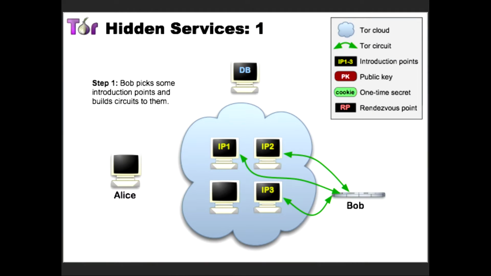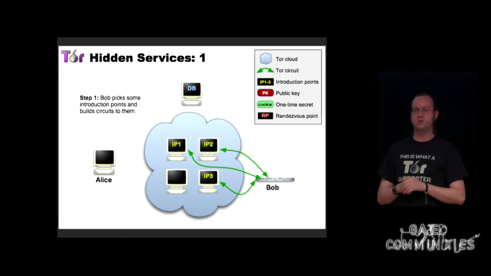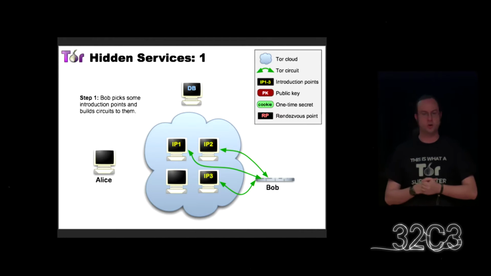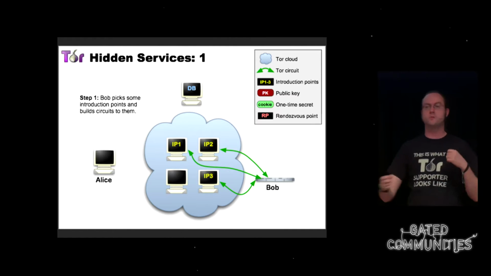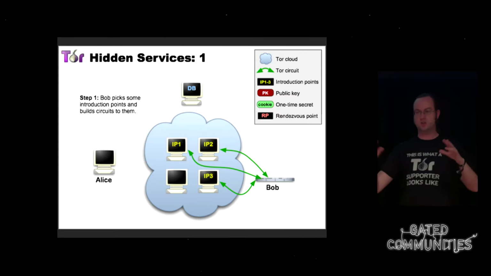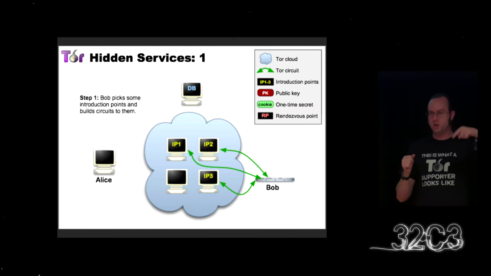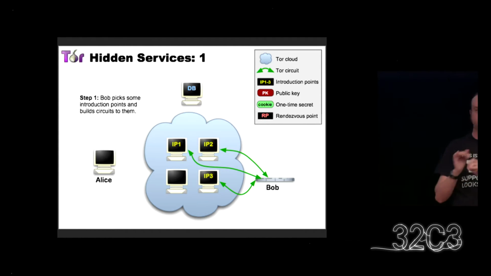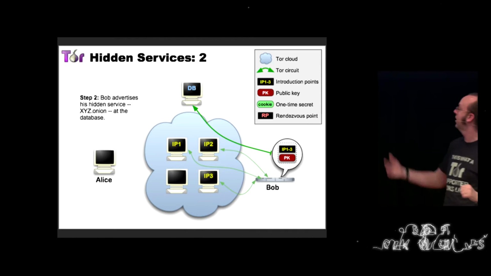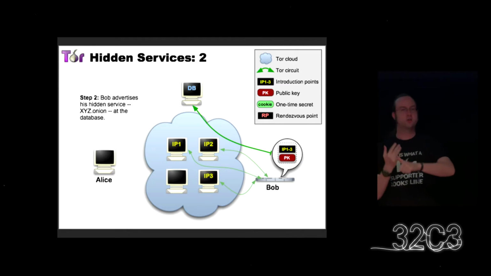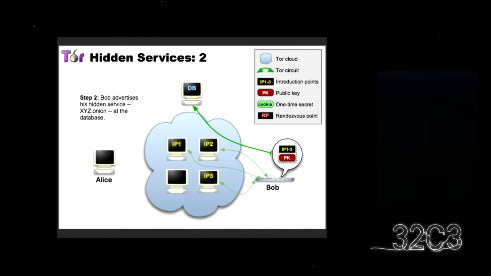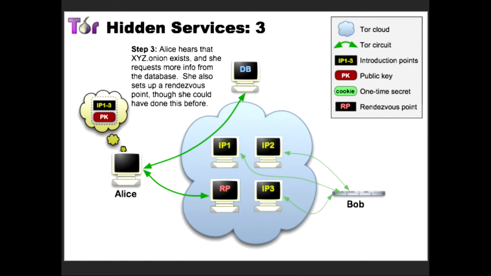OK, phase 3. How do Tor hidden services, Tor onion services work right now? Just to give you some background so that when we talk about the design improvements, you have a handle on what's going on. So we've got Alice over here. She wants to visit some hidden service Bob. The first step is Bob generates a key, and he establishes 3 introduction points, 3 circuits into the Tor network. And then he publishes to the big database in the sky, hi, this is my key, and these are my 3 introduction points.